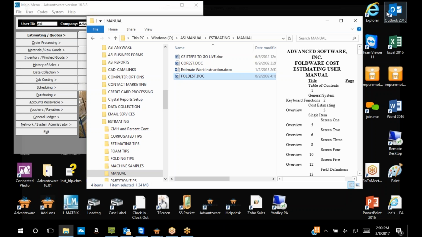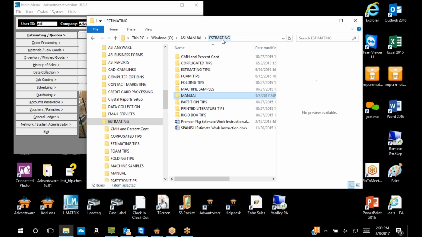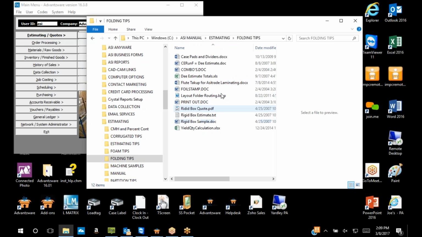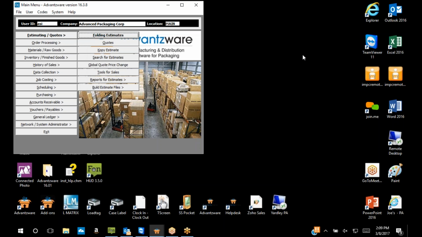There are other sub-manuals with various types of tips, like you can see folding carton, folding tips. So there are individual questions people have asked us over the years that we've documented, so they can be helpful as well. So what I want to do first is go ahead and add an estimate, and I'm just going to